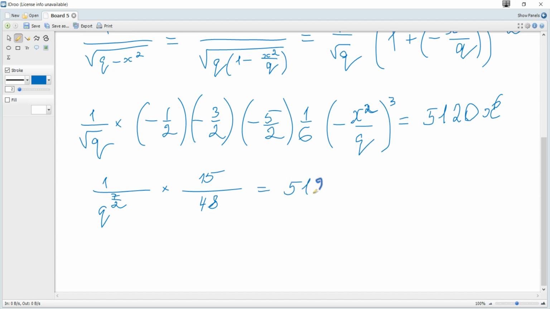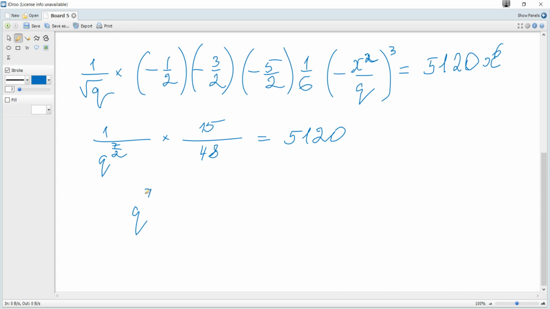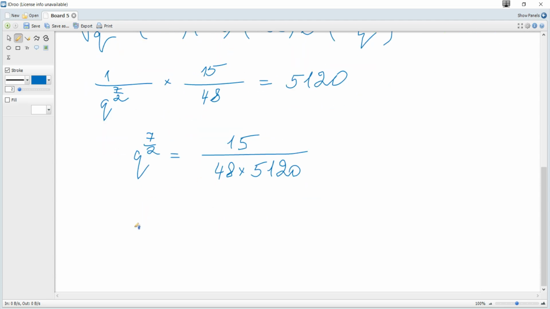Then q to the power of 7 over 2 is 15 over 48 multiplied by this value,